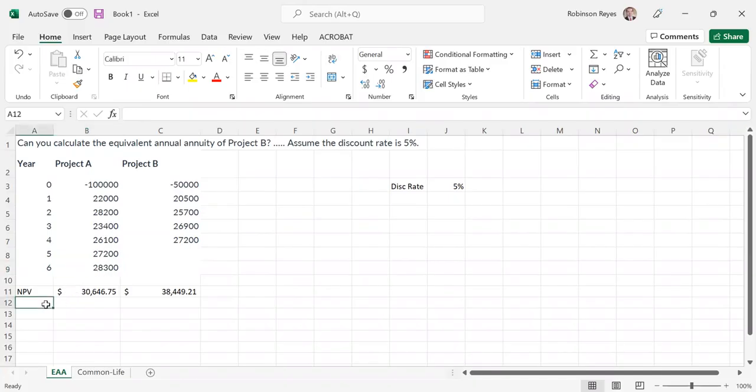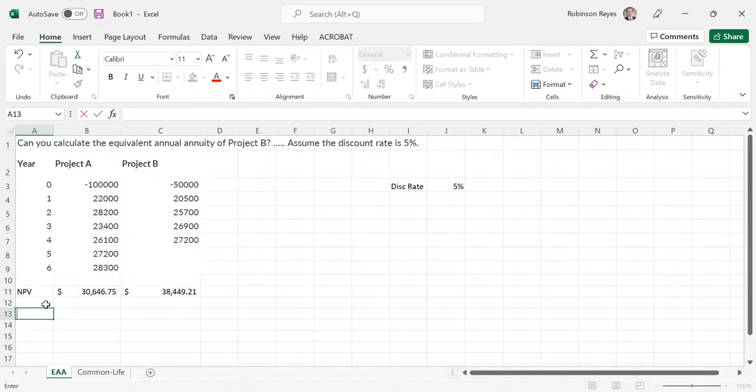So one way to do this is we're going to spread the net present value throughout the life of the projects. So we are going to convert this net present value into an annuity. And then we will have an annuity with a duration of 6 years. And once we have that, we will compare the two annuities and we will see which one of the two annuities is greater. So the equivalent annual annuity, the way to basically get this